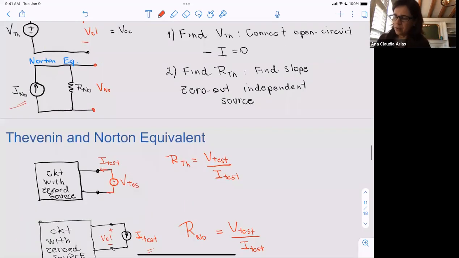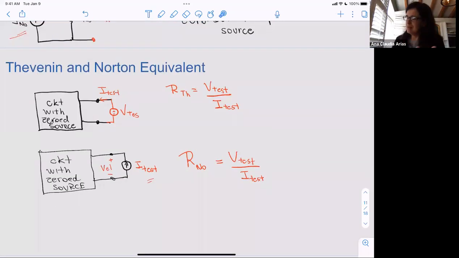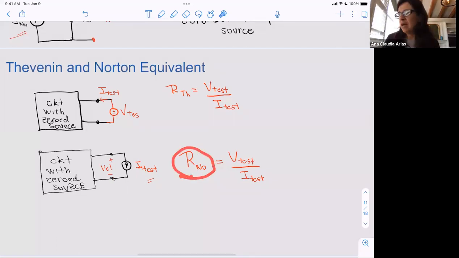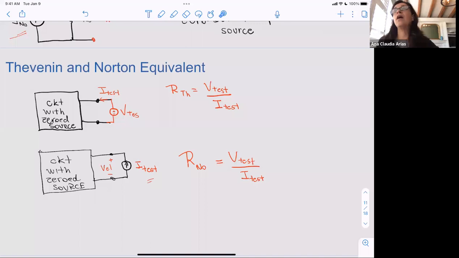And when we define these two nice equivalent circuits, what's the difference between them? Thevenin uses a voltage source, Norton uses a current source. So here, when I am selecting my test, my V test, I test in the lab, if I use a current source, I'm going to measure the voltage, and the equivalent resistance of that circuit is going to be the R Norton. And if I take a voltage source and I measure the current, the equivalent resistance of that circuit is the R Thevenin. We're going to use this a lot,